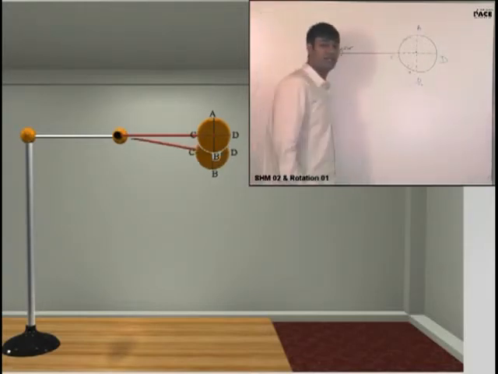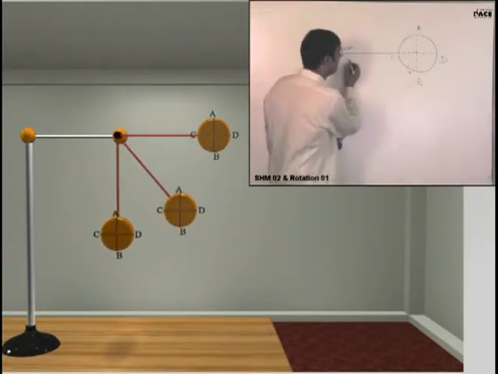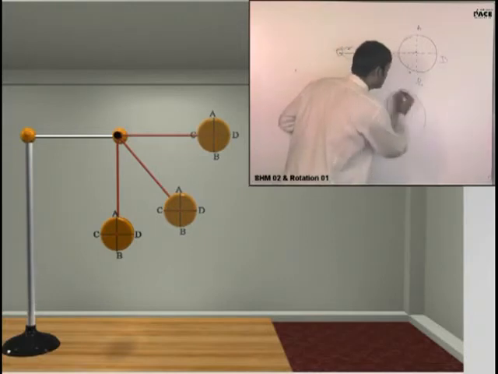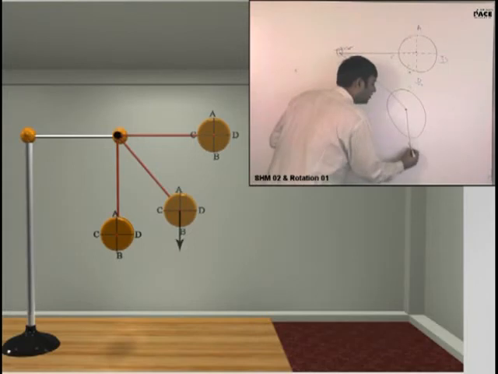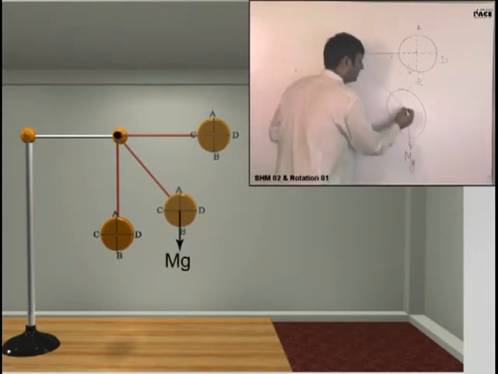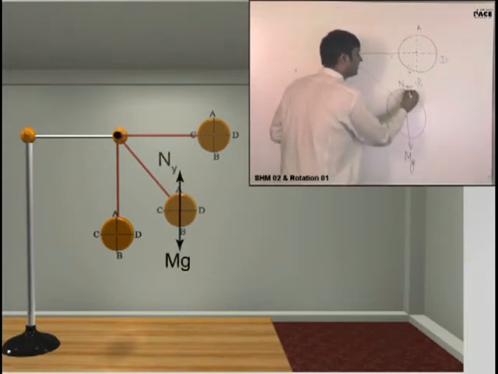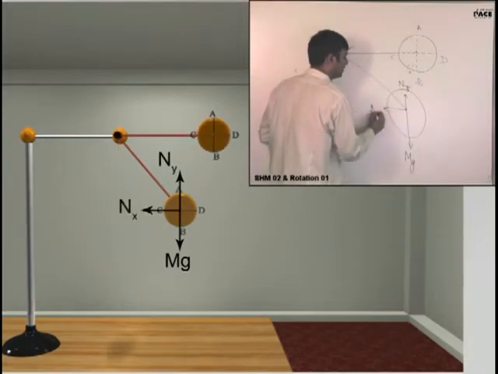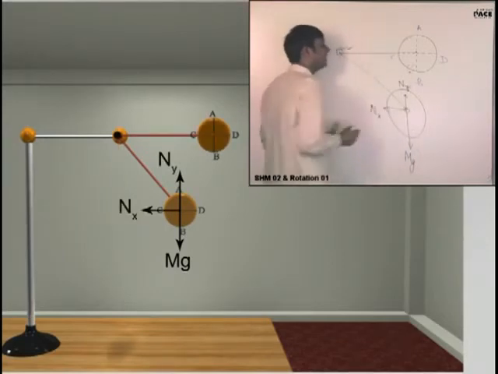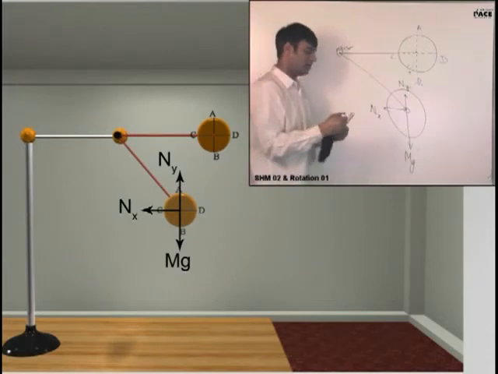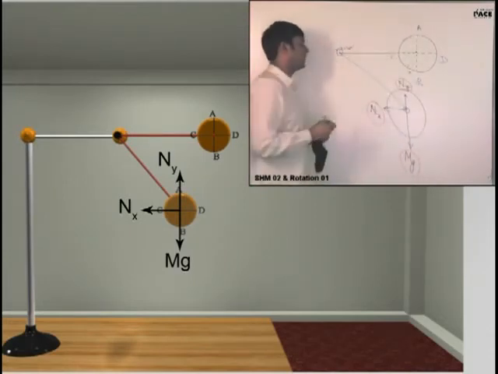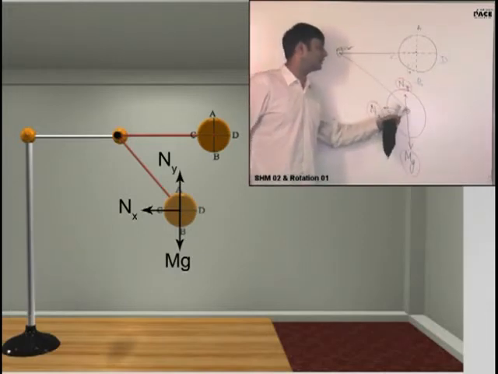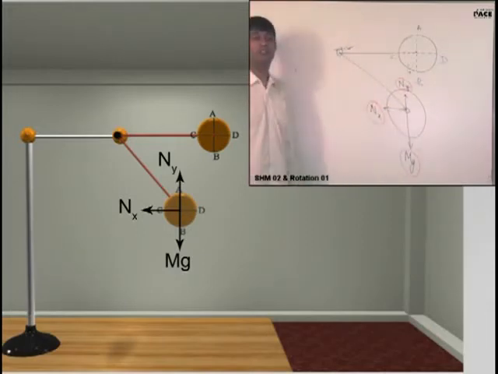Now please see this. If I make a free body diagram of this disc in any position, you will realize the forces acting on the disc are, one is mg, one is some vertical normal reaction in the hinge, and one is some horizontal normal reaction in the hinge. These are the 3 forces acting on the disc. 1, 2, 3. There is no other force. The rod is not touching the disc at any other point. So only at the center it is hinged. These are the 3 forces.